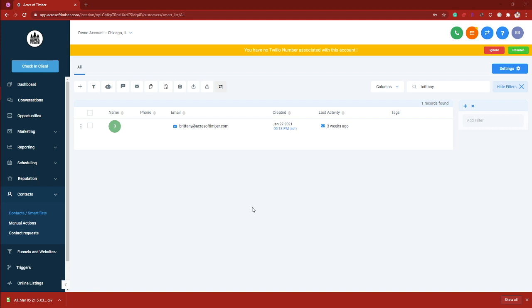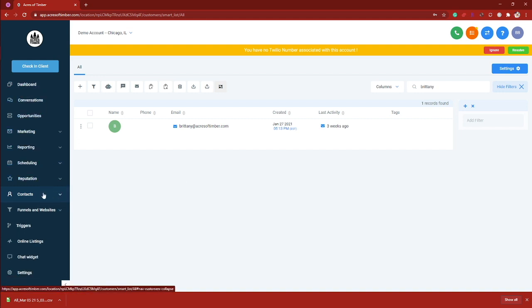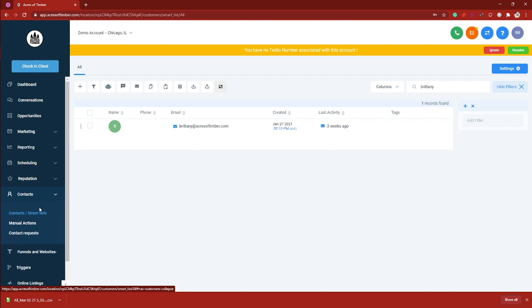Today we are going to be talking about how to upload contacts into your CRM. So first things first, you're going to navigate here on this left-hand side bar and you're going to expand this contacts menu. Then you're going to go to contacts/smart lists and that should bring you to a page that